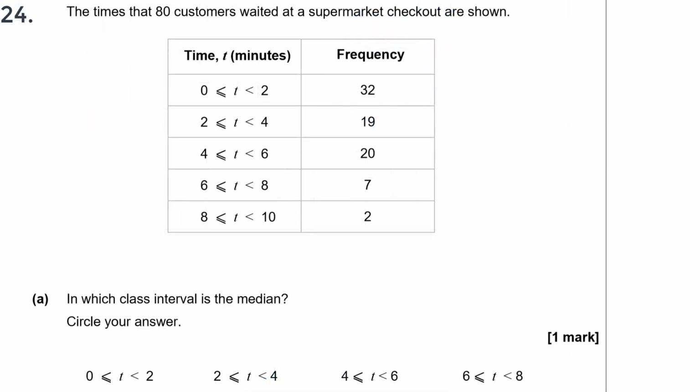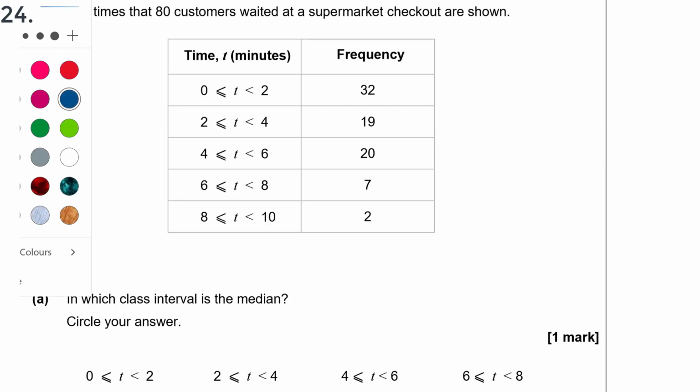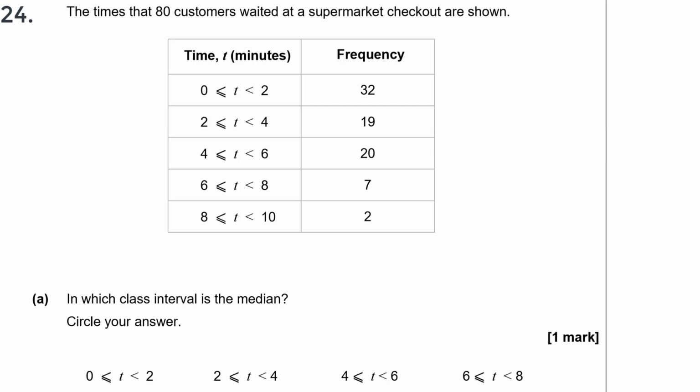The times that 80 customers waited at a supermarket checkout, and that information has been put into a grouped frequency table. Now question 6a asks, in which class interval is the median? Now the easiest way to work out a median is using cumulative frequency. So I'm going to add an extra column to my table, which I'm going to put CF at the top